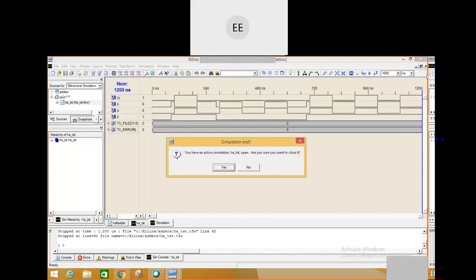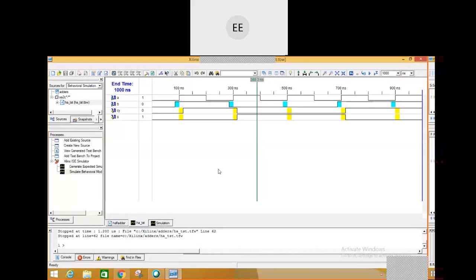The same thing over here. When I come here, yeah, same thing. Now here, both A and B are high, so my carry is high, sum is 0. Okay, so you are getting the output properly. So this is how I'll be verifying the output of any given Verilog code. Is this clear?